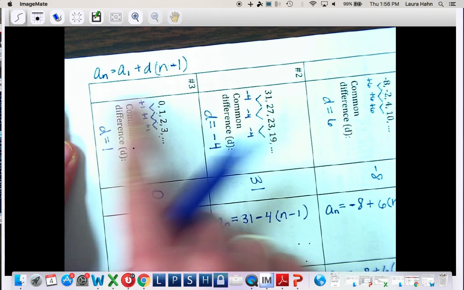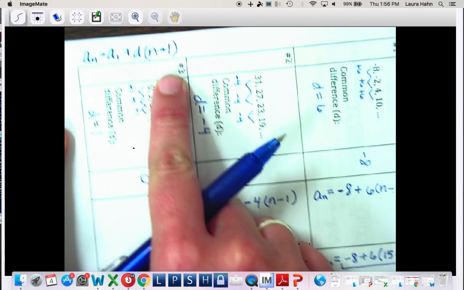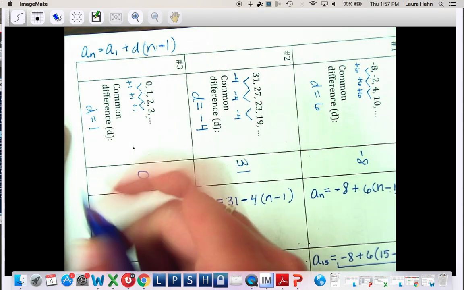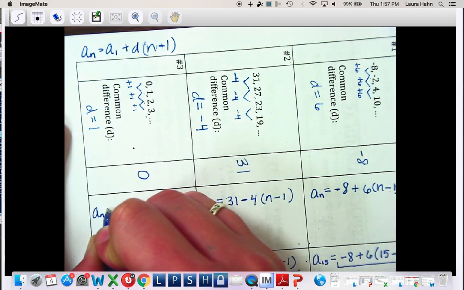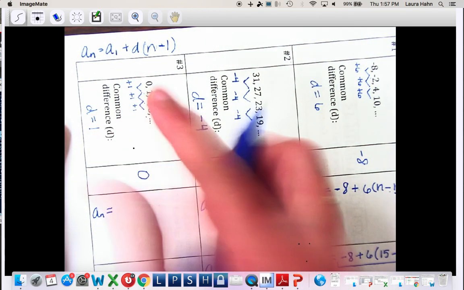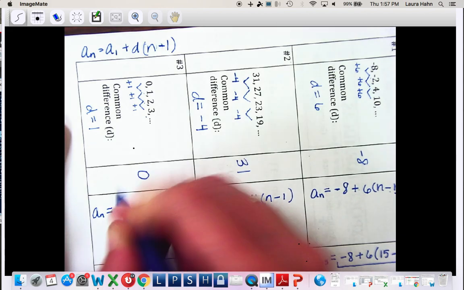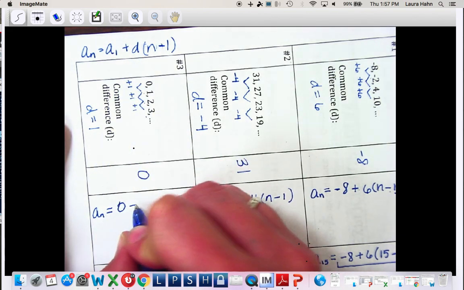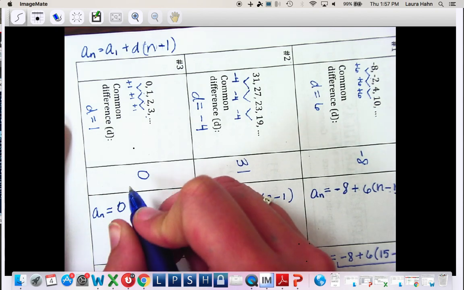This is the formula you have at the top of your page. I just don't want to keep turning it. So I'm going to write my formula. A sub n, so to find any term I want, I'm going to start with my first term, which we started with 0, right? So I'm going to put 0. Our common difference, D, was a positive 1, so I need to put plus 1. And then we need to put